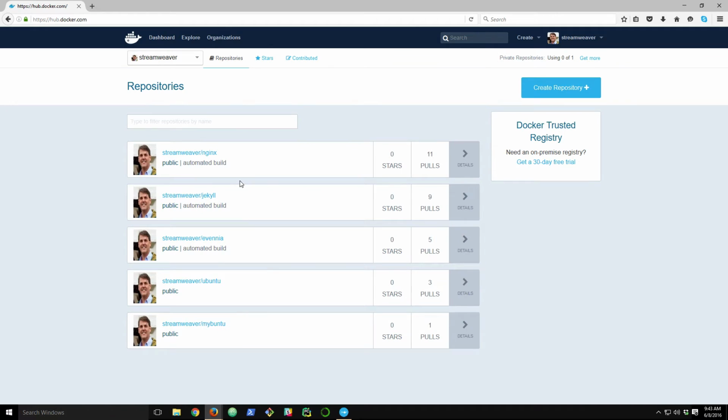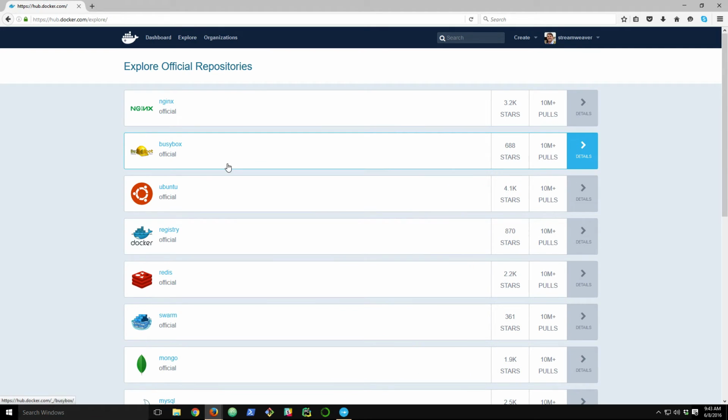But let's go back to the dashboard. All right, you can search for images or explore. Explore is a good way to uncover. As you can see, as I said, your username namespaces all of the repositories. If I go to explore though, this gives me the most commonly pulled and highest rated image repositories here on